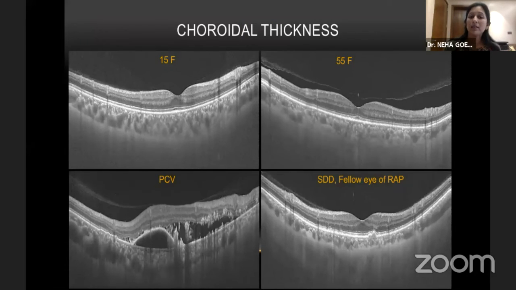Now, the choroidal thickness should be interpreted with caution. It is highly dependent on age. As we see, with age, this thickness should decrease. But in the pachychoroid spectrum disorders, we see an increase in the thickness, which would not corroborate with the age. Similarly, RAP and subretinal drusenoid deposits are disorders where you would see more choroidal thinning as opposed to the pachychoroid disorders.